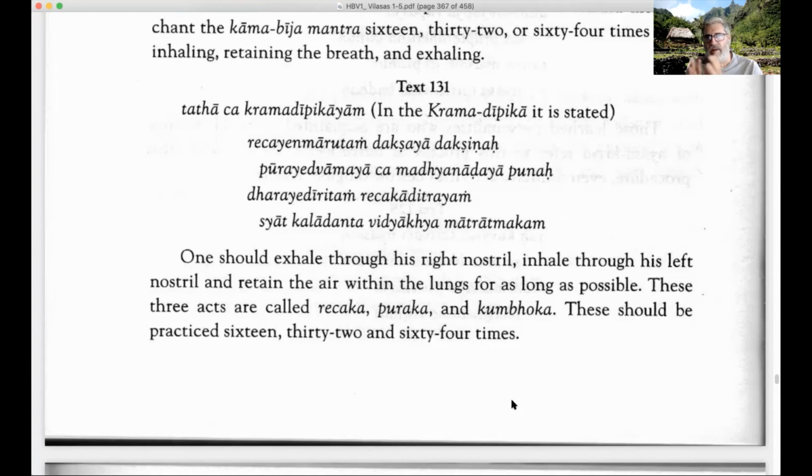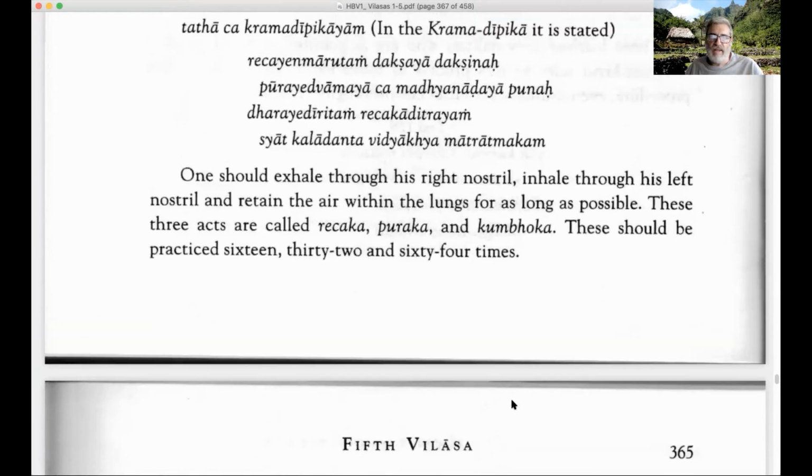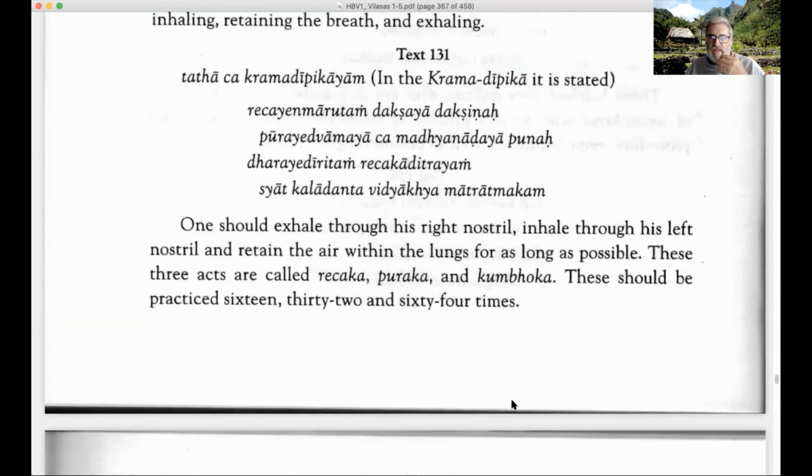So this is the statement of Kramadipika. So now we know that that is the ratio: breathing out 1, breathing in 2, holding 4. So 1, 2, 4.